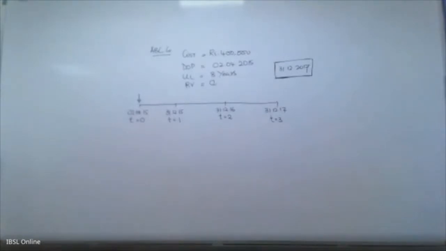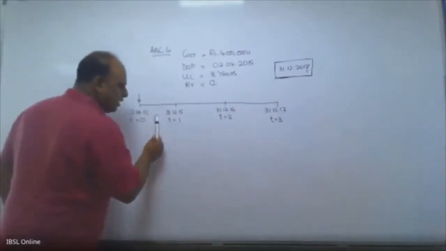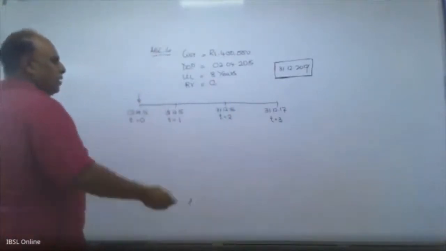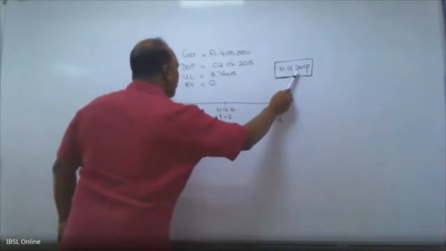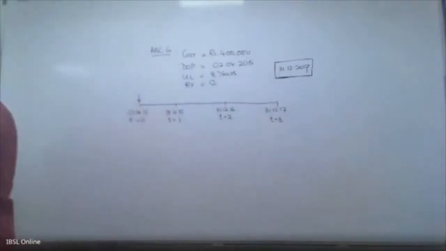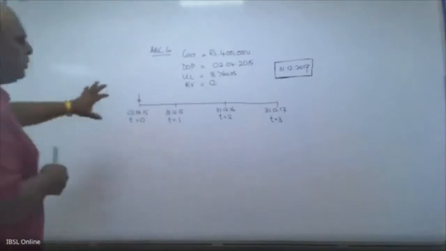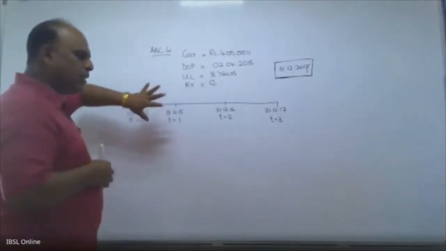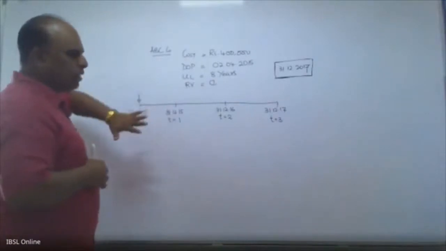So now, according to the question, you have the first financial year, second financial year, and the third financial year. Because they have requested you to calculate depreciation up to 31st December 2017. So you see, I am putting everything in a diagram so that we can understand better. Now, even in exams, you can do this, no problem. But you can't be wasting a lot of time on this. Quickly, you have to understand and put this.